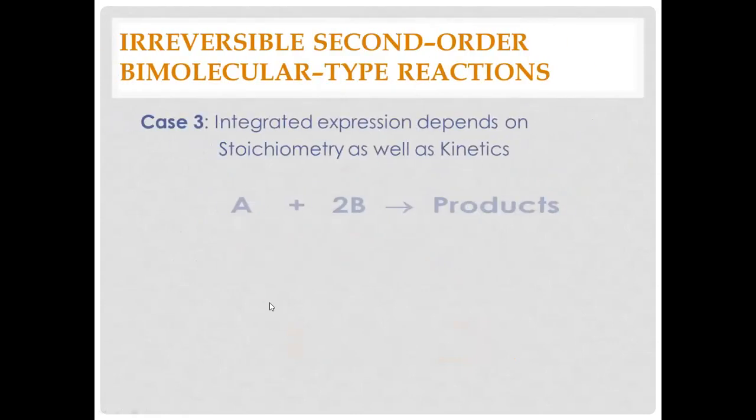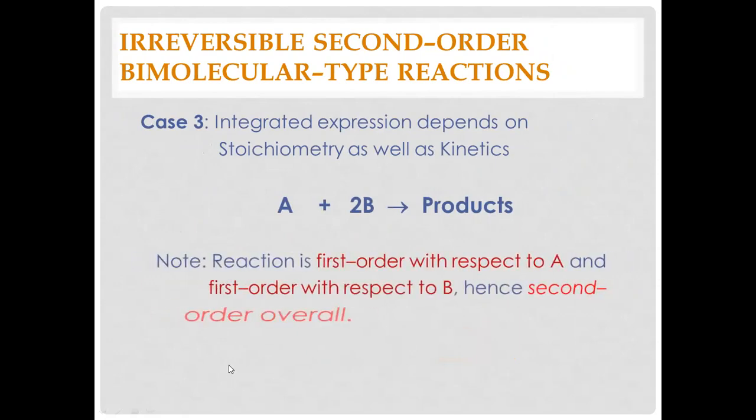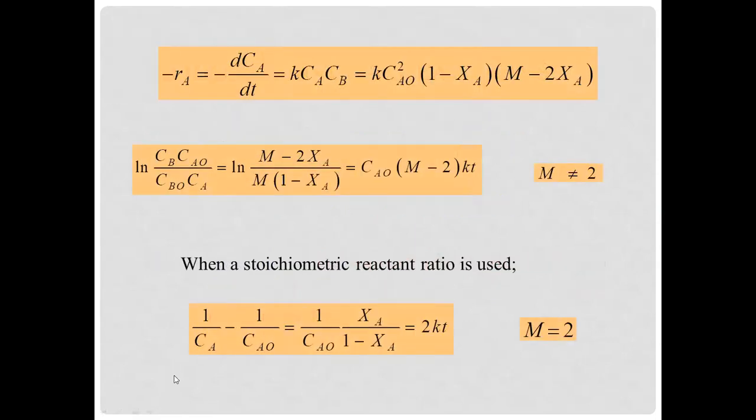Now, for case 3, this is the one that I said that the stoichiometry does not anymore agree with the rate law. So it's first order with respect to A and B. Hence, there is no agreement between stoichiometry and the rate law. That is the case, you will have it represented like this. And you will have this expression for CA and CB changed to this one. I have already shown to you how the derivation is done. And after separation of variables and method of partial fractions in integration, you will have these formulas you will arrive at. Okay, in terms of the second order